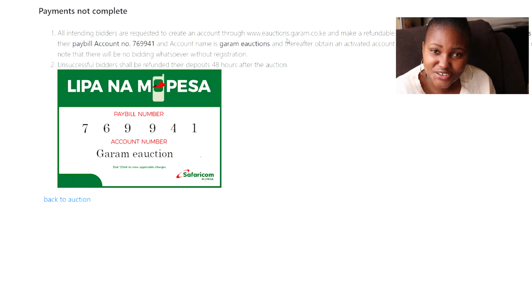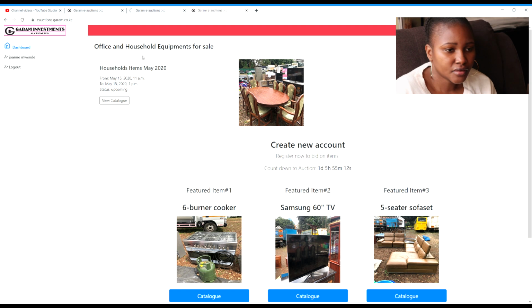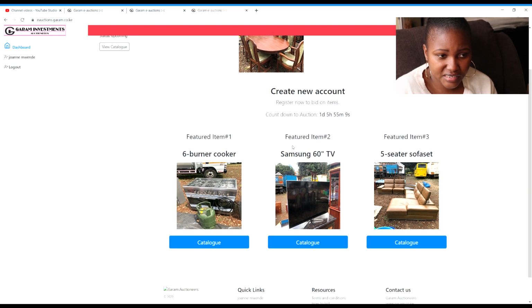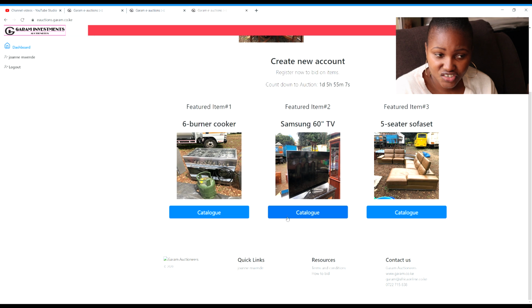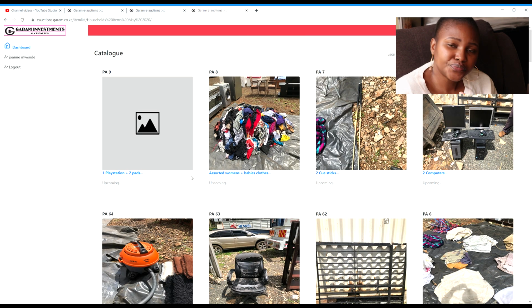So after creating your account, you'll have to purchase your bid number. So since everything is being done online, there's an M-Pesa pay bill number that they will have put, where you're going to send the 10,000 shillings for the bid number. But worry not, after the auction is done, they will refund you the 10,000 shillings within 48 hours. So after you've deposited the 10,000 shillings in the M-Pesa account, now you're free to bid for the items